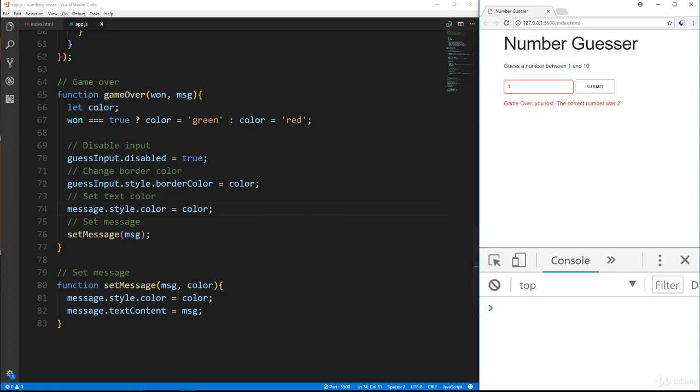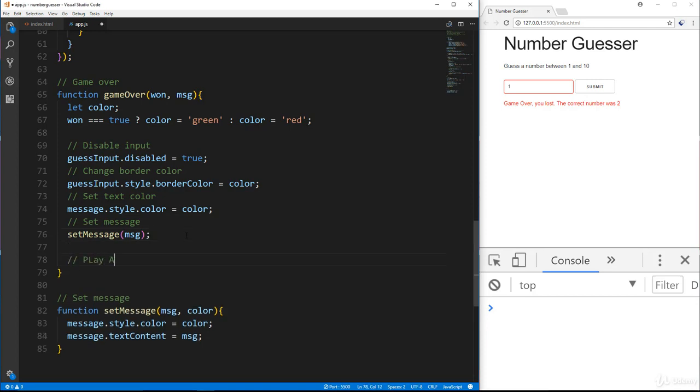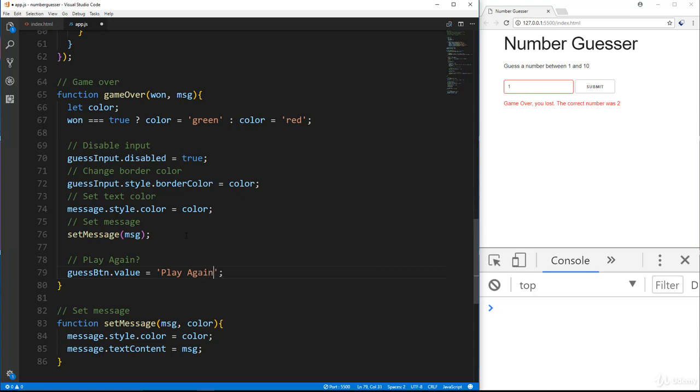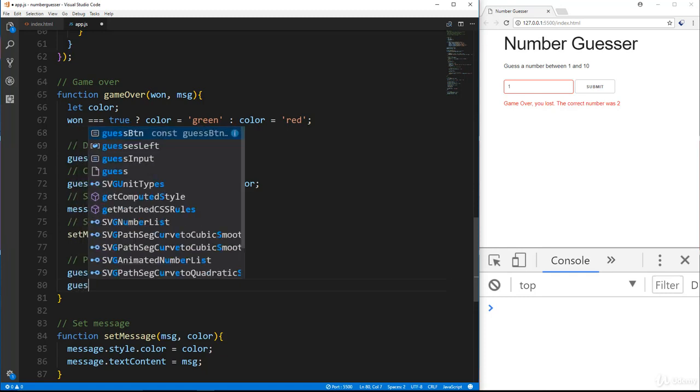So we're going to go to our game over function, and let's go down here and say play again. And what I want to do is take the guess button, guessBtn, and set the value equal to play again. And I also want to add a class to it because we need to add a new event handler for this new version of this button. So we're going to say guess button